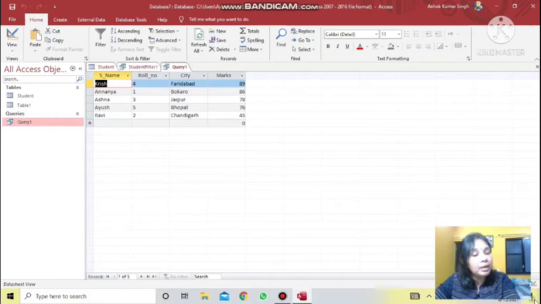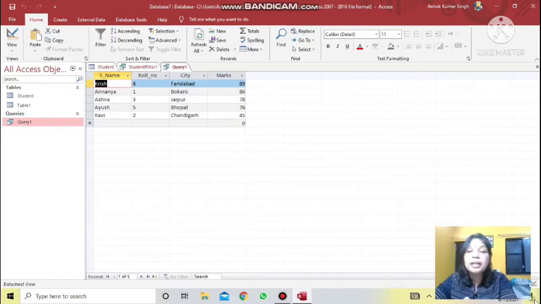A new entry will be done in your parent table first and then only in the child table. Suppose a new student has taken admission in your school. Instead of entering his details in the student table, you try to make the entry in the child table. Your database will show an error, because entries should always be made in your parent table first. Then, if some student leaves the school, his entry should be deleted first from the child table and then only from the parent table.